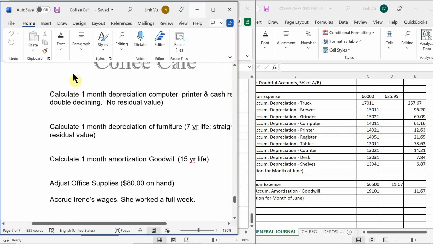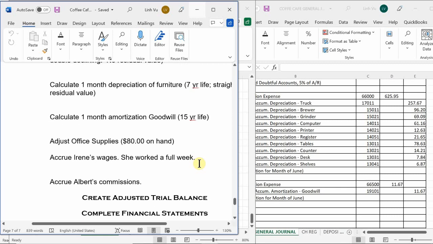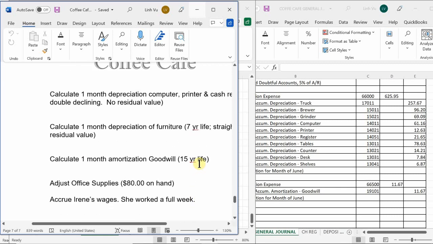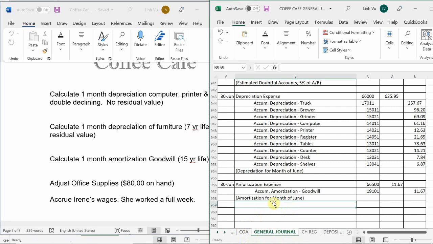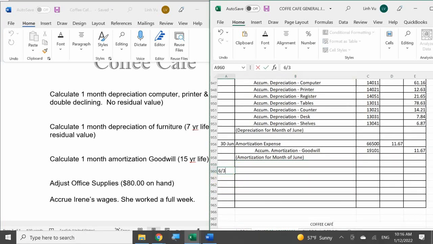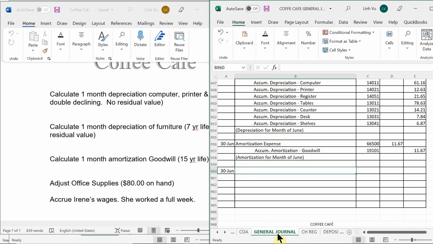So now we finished all of our depreciations and amortization. So now we have a couple more transactions left to do. So here we need to adjust our office supplies. Okay, because right now we have approximately $80 worth on hand. So if I have $80 worth, how do I adjust my office supplies? Is it saying like we just bought $80 worth of office supplies? Well, in this case, we did not